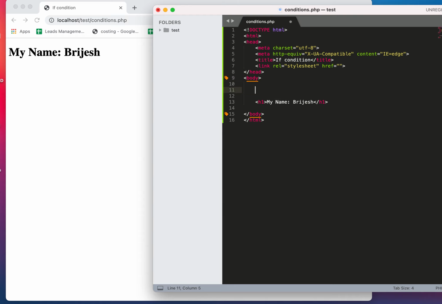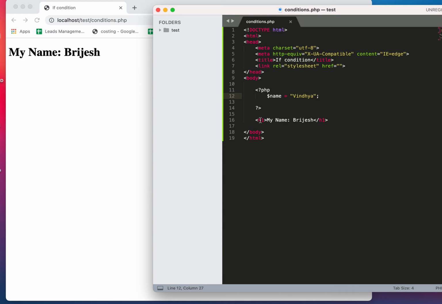When you are using PHP inside HTML, you have to use inline PHP. You can start and end the code. You can't forget to end the PHP tag, else it won't run. Now here I am declaring a variable, dollar name is equal to Vindhya. Now if I run the code,